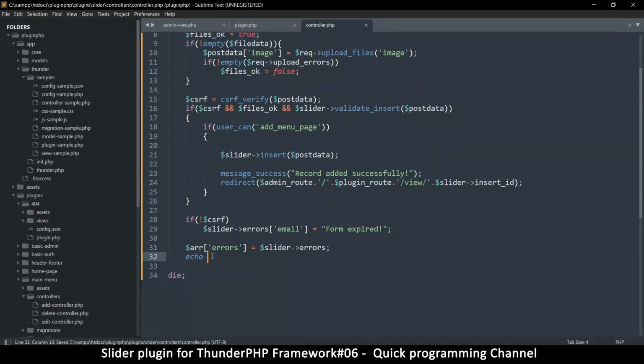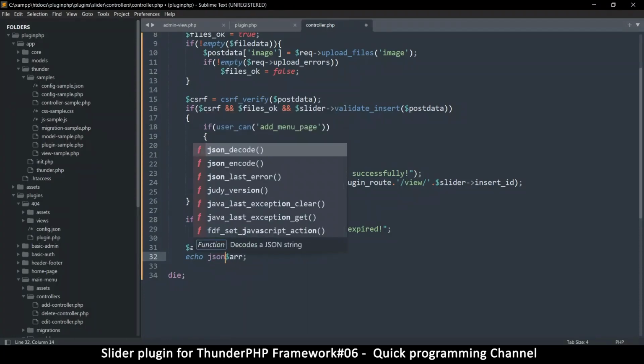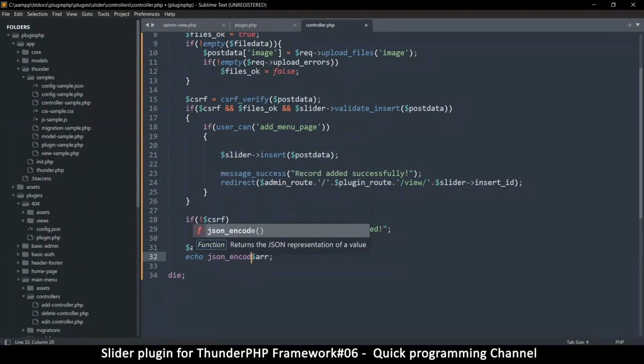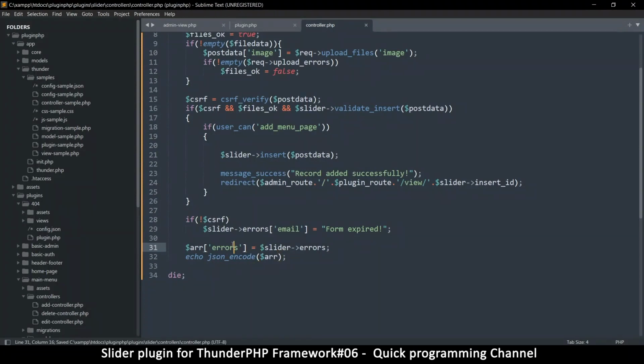Okay, cool. And then I want to echo this array that I've created here. But then this is an array, so I need to convert it to JSON. So I'm going to say JSON encode, like that, so that it's converted from an array to a string. Yeah, and once I echo that,